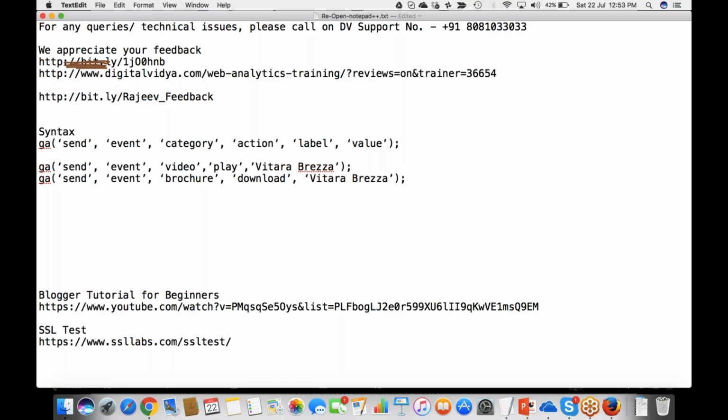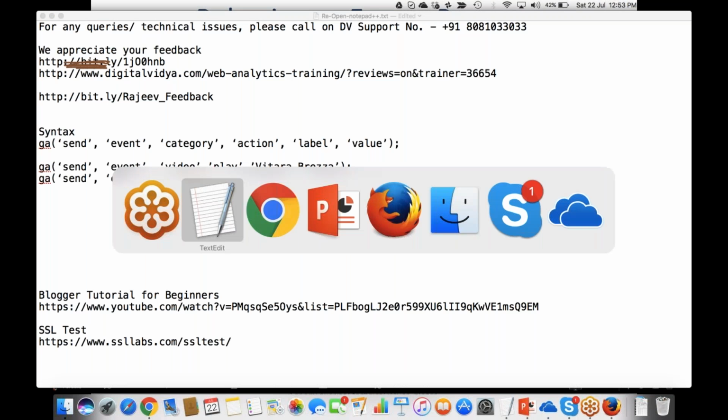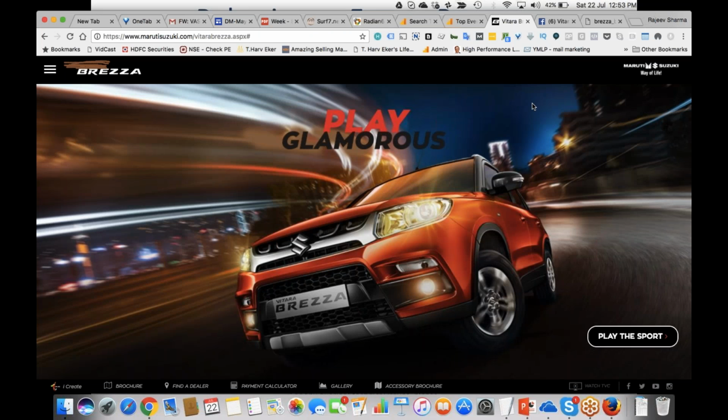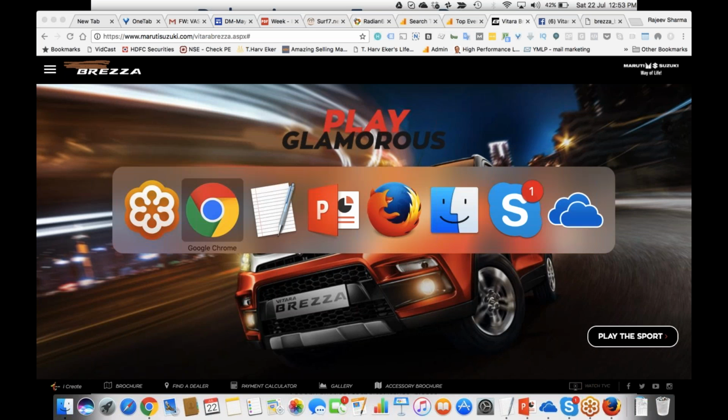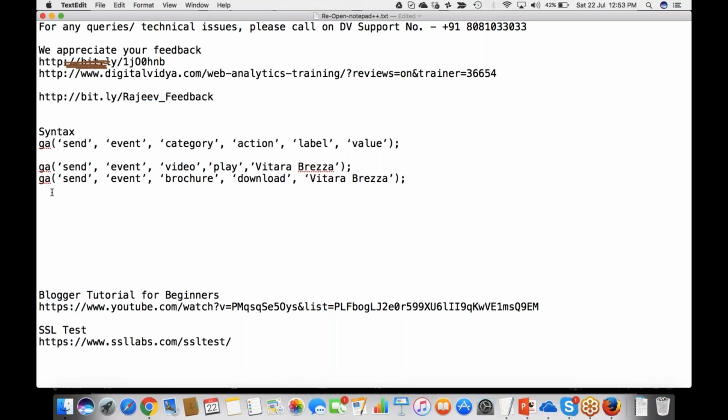So now, finally, for Facebook, what will you be doing to track this? For Facebook or Twitter or Instagram or YouTube, because we know that we cannot add the Google Analytics tracking code to our Facebook page. So we will be adding this code to this Facebook button, and I can add it this way. I can call it Facebook, category is Facebook, and I can call this action as